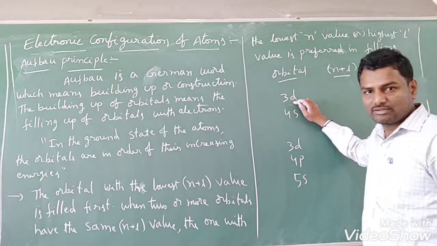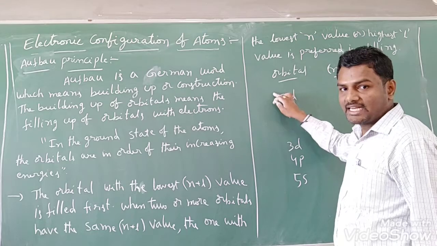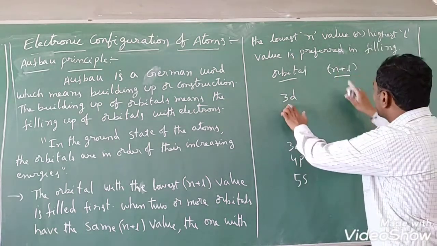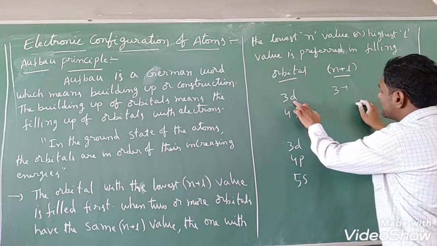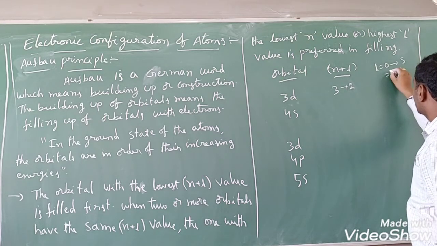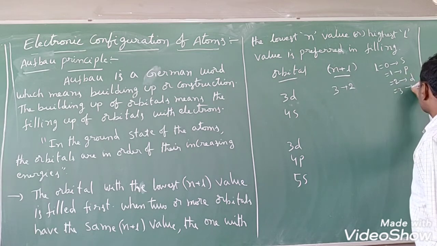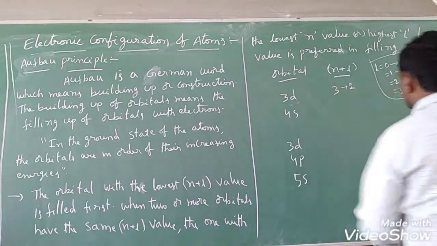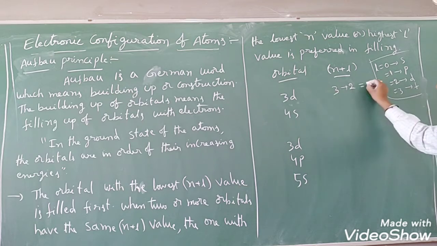The 3d orbital I have given to you. In this 3d orbital, what is 3 here? It represents n, the principal quantum number. d represents the azimuthal quantum number l. So you can calculate the n plus l value for the 3d orbital. What is the n value here? 3. In the case of the d subshell, what is the l value? 2. We know already that if l equals 0 it means s subshell, if l equals 1 it means p subshell, if l equals 2 it means d subshell, if l equals 3 it means f subshell. We have discussed this many times, right? So now in place of the d subshell you take 2, correct. 3 plus 2, total 5 here.